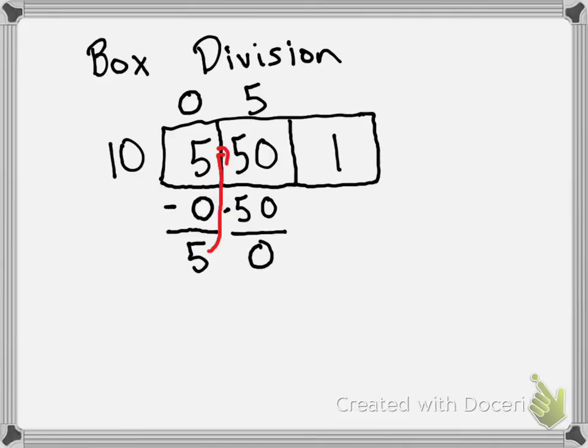And just like before, we're going to take that number and bring it up here into our next box, right? And even though it makes the same number, it's still 1, we're going to follow the same procedure just so we can get that procedure down, right? So now the next question is, how many times can our divisor, 10, go into that last number, 1, right? Well, 10 is bigger than 1, so it's not going to go into 1. So 10